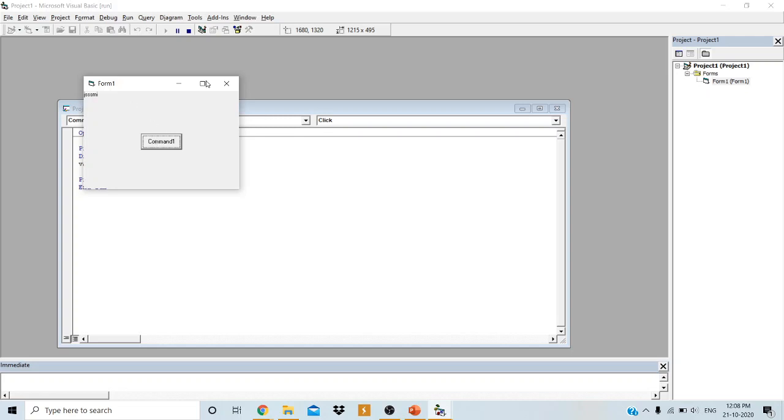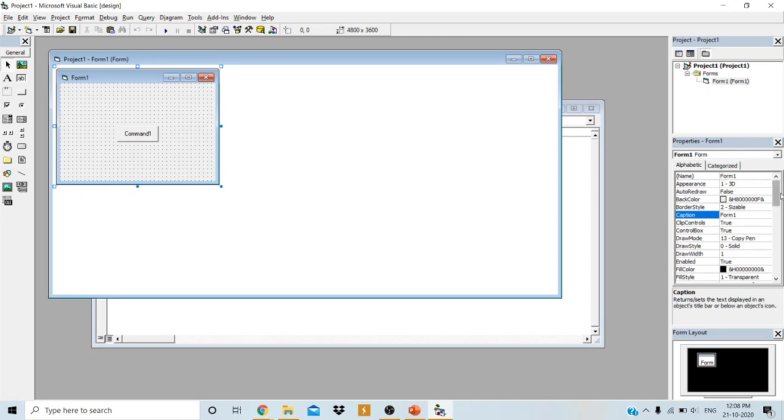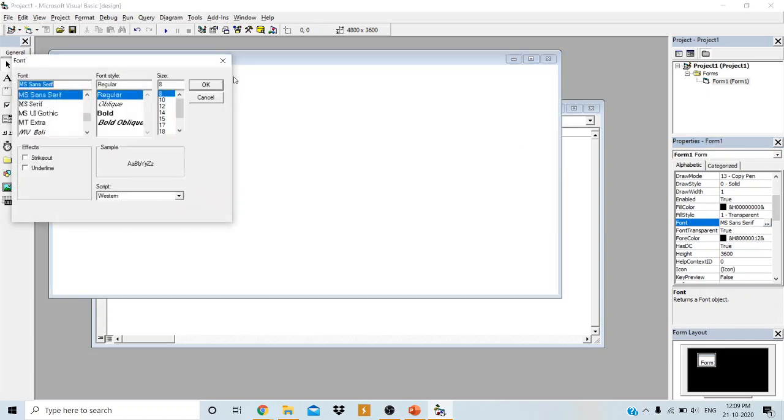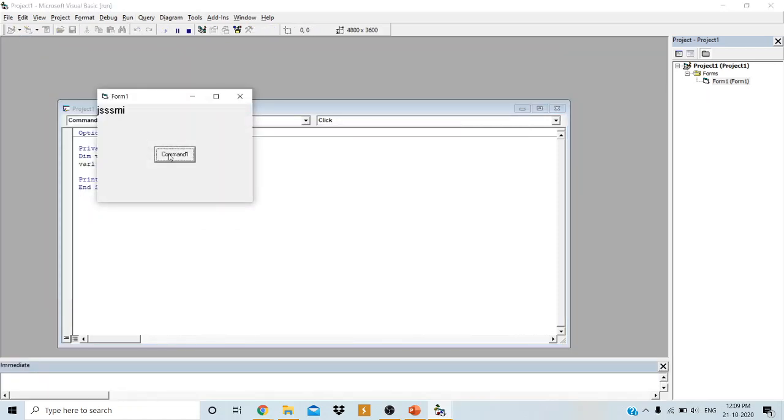Can you see the output? Yes, sir. I will better increase the font property of the form to size 15. Run the application. See, when I click here, JSS SMI. Can you see here?